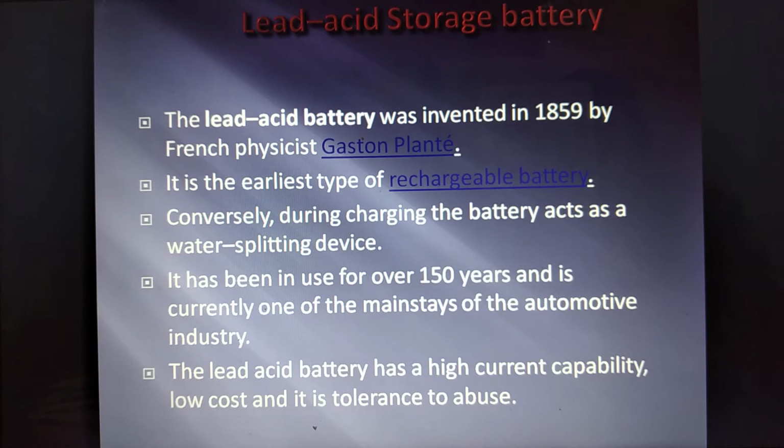The lead storage battery was invented in 1859 by French physicist Gaston Planté. The lead acid storage battery is capable of being recharged, which is important for its use in cars. Lead acid batteries, known as lead storage batteries, can store a lot of charge and provide high current for short periods of time.